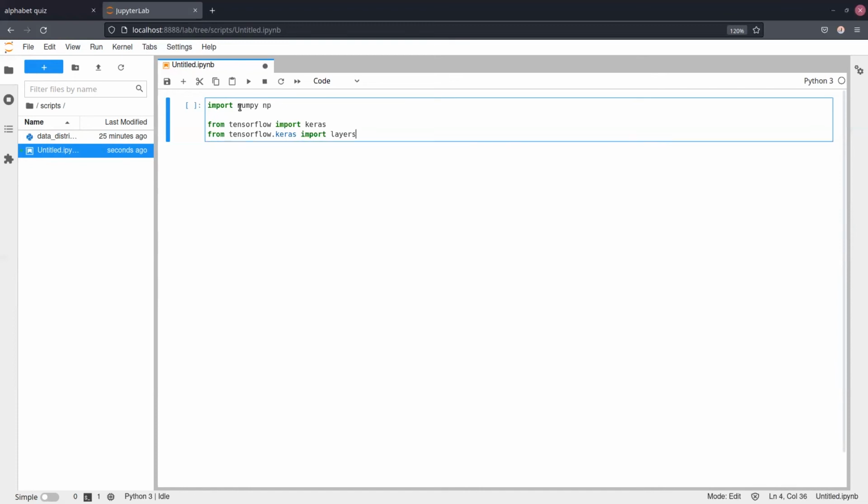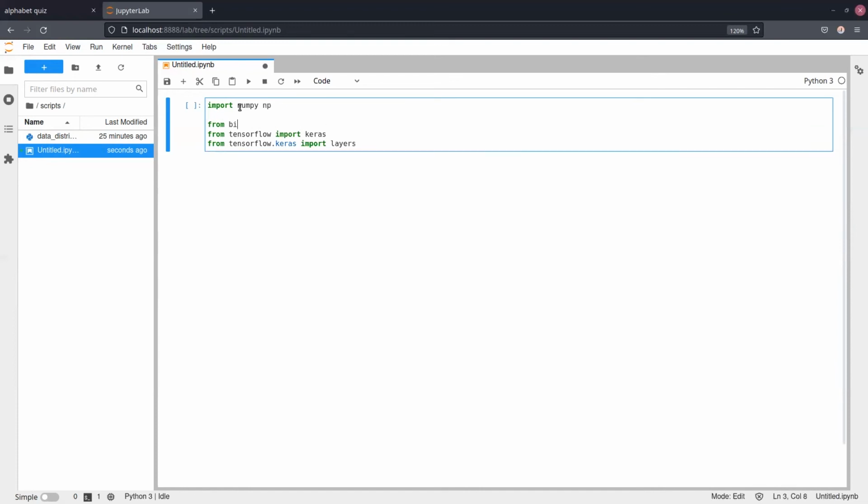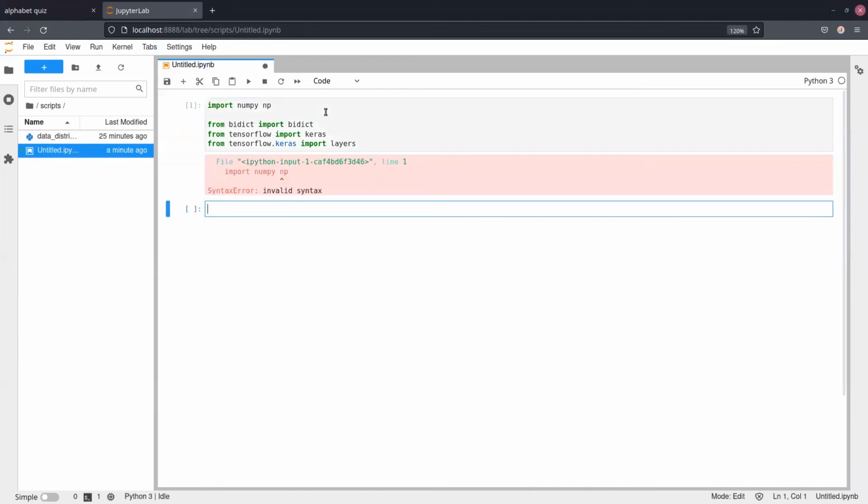We will be making, or at least needing, our bidict, that bidirectional dictionary. I started the right direction. Okay, so let's bring that in. And I'm sure there'll be some other stuff we forget. But for now,